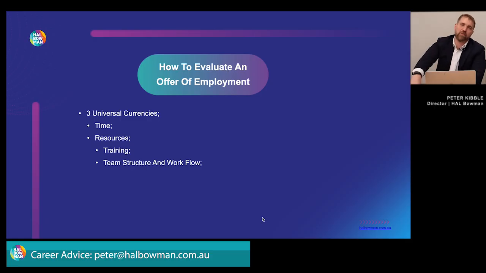Now if you compare that to, say, reporting into the one person, then it becomes really clear, like these are the priorities for me today, especially when you're starting out in your career. The team structure and workflow can affect significantly the amount of time that you're spending actually doing the work, and the amount of time you're spending improving, to use accounting as an example, as an accountant.